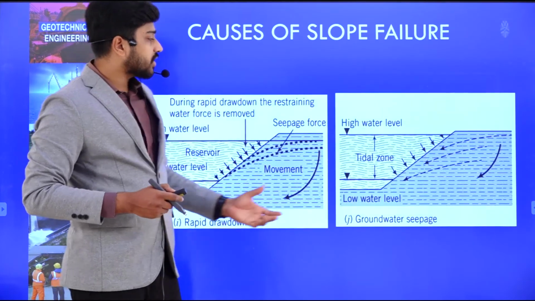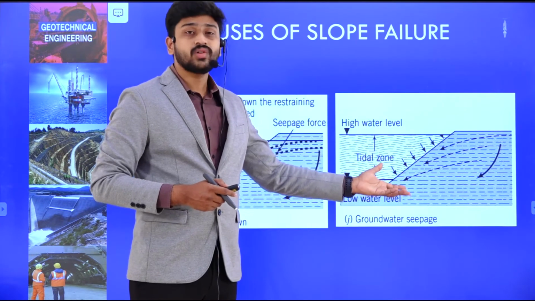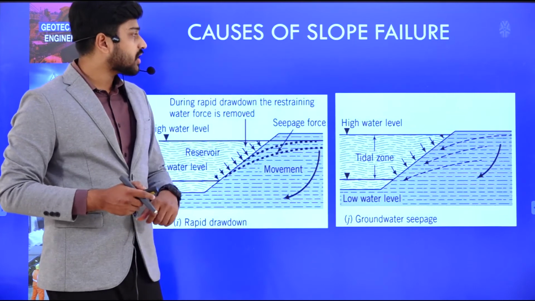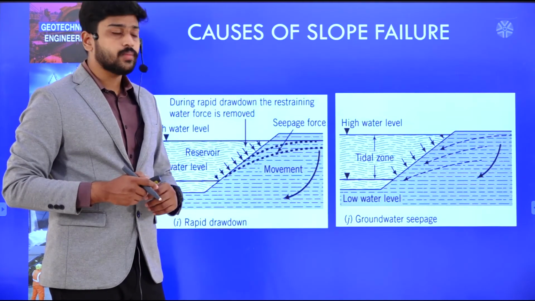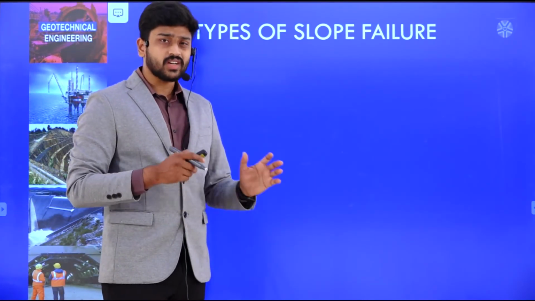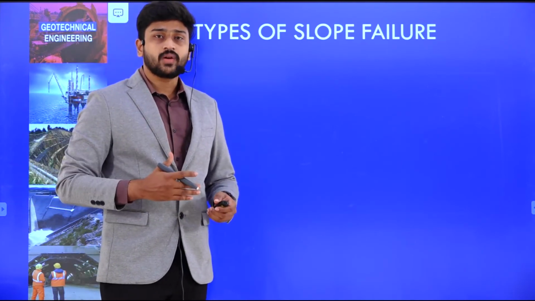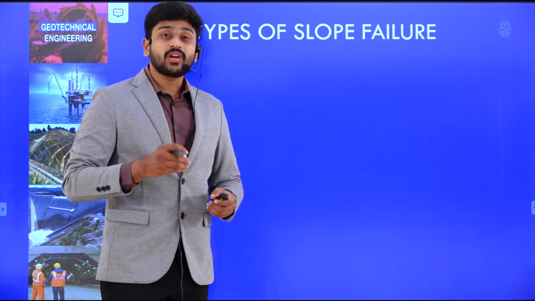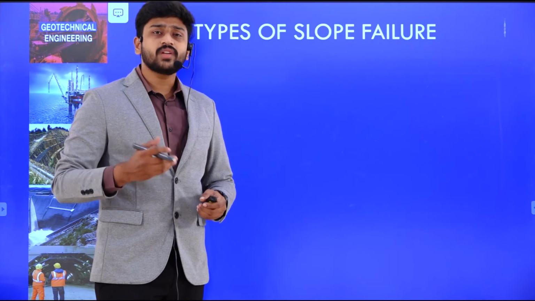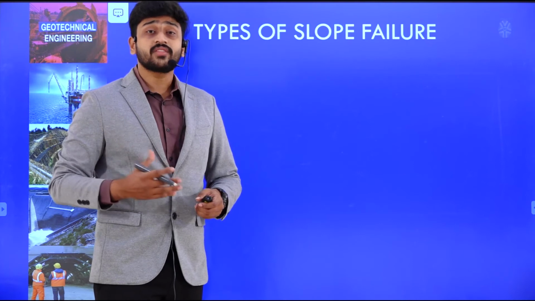Apart from that, we have the groundwater seepage. If there is any presence of groundwater, the groundwater seepage may also tend to cause some sort of slope failure. Okay, so these are some of the causes of failure that we have looked at till now. So let us try to understand the different types of failure now. We have understood the causes of failure. We have understood initially what we mean by slope. Then we have understood the purpose of analysis, that means the slope to be stable. Why do we need to understand the analysis? That we have understood, and then we have understood the different causes of failure.